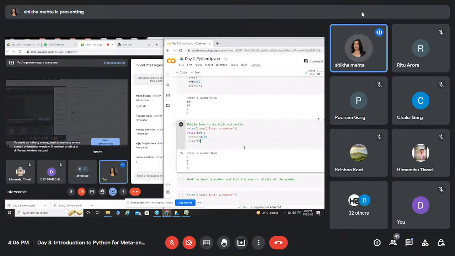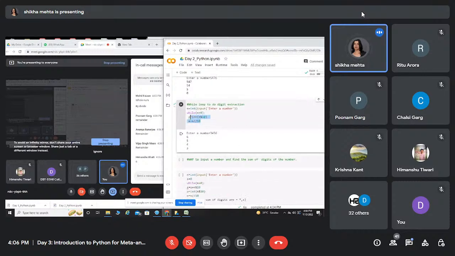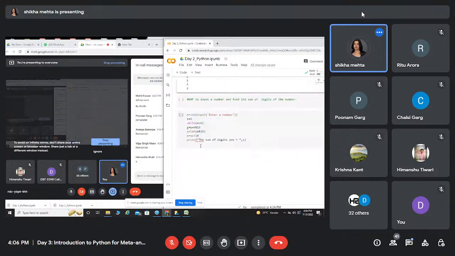Okay, so we are able to even reverse a given 4-digit number also. You are able to write one program to reverse the given 4-digit number by simply using these two statements in the while loop. Clear? Right? And similarly, if you want to find out the sum,